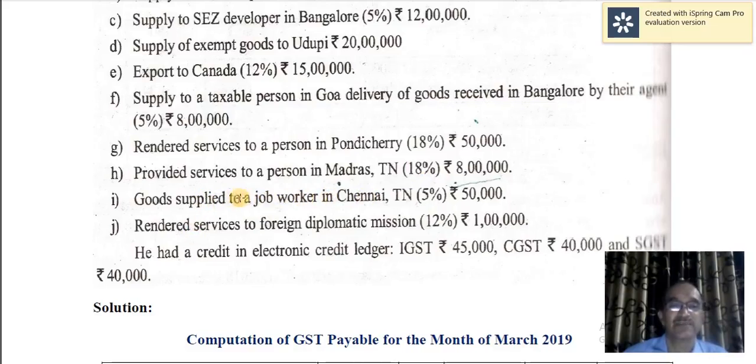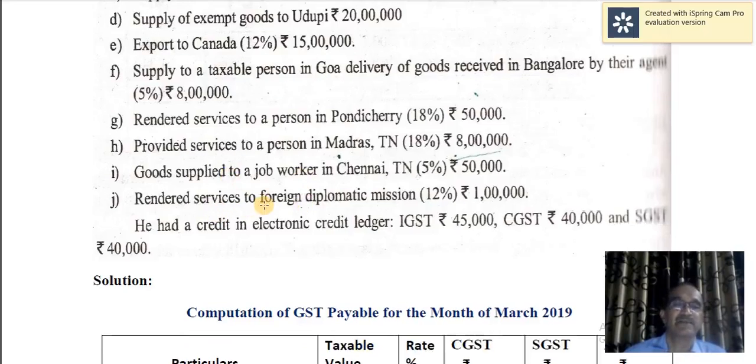So this is not considered to be a supply, and therefore this is not taxable. Rendered service to foreign diplomatic mission. So here we assume that these services are rendered within Karnataka, and therefore CGST and SGST rates are applied